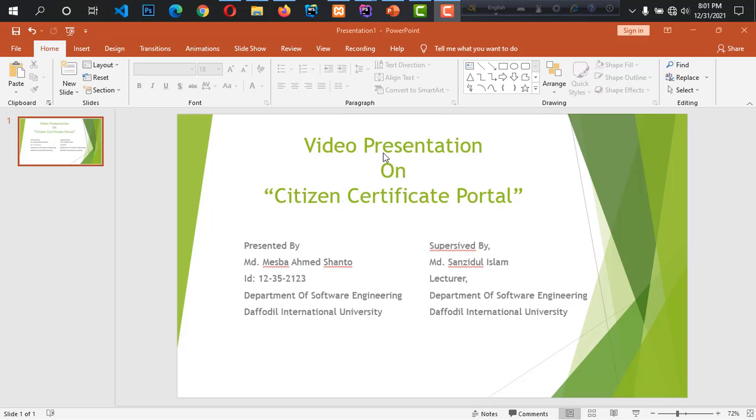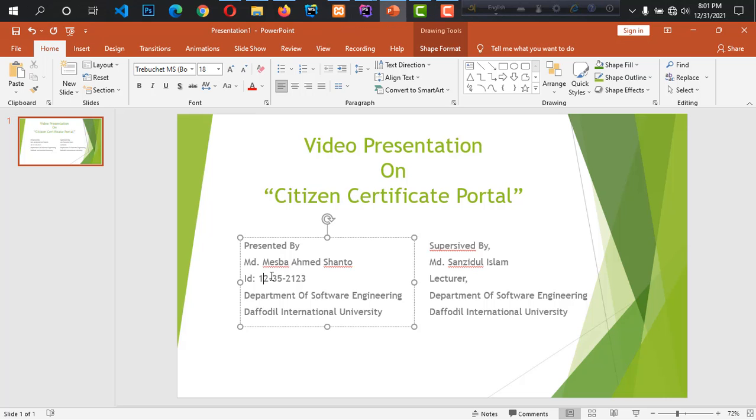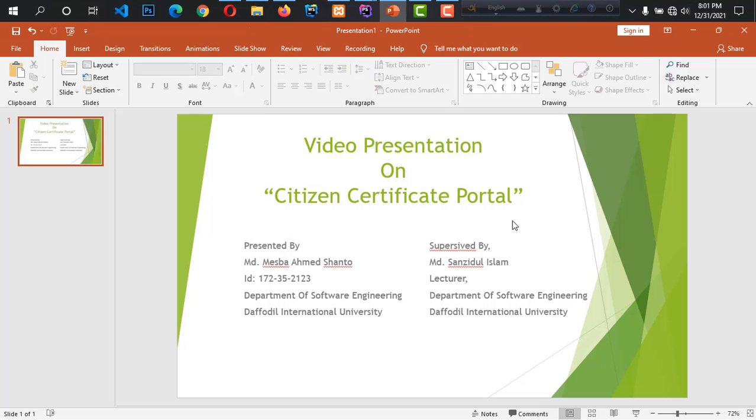So today I describe my project. That name is Citizen Certificate Portal. So what is Citizen Certificate Portal? Citizen Certificate Portal is a portal to collect citizen certificate from public representative.